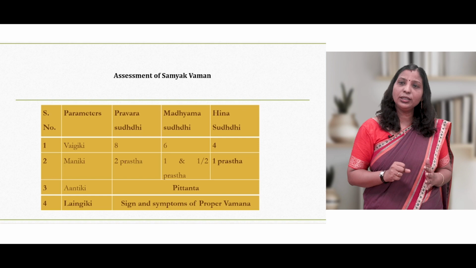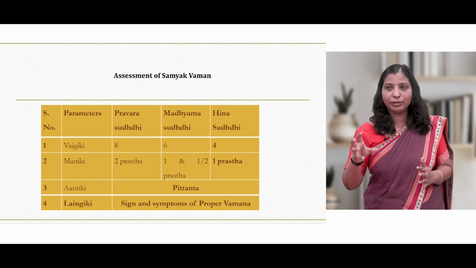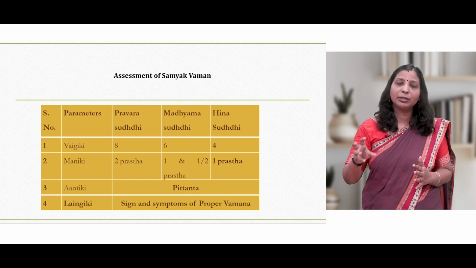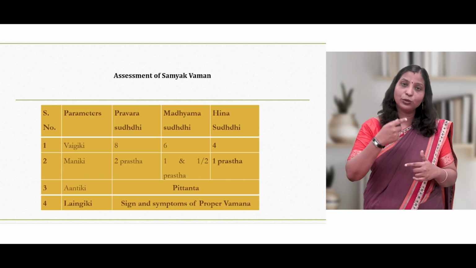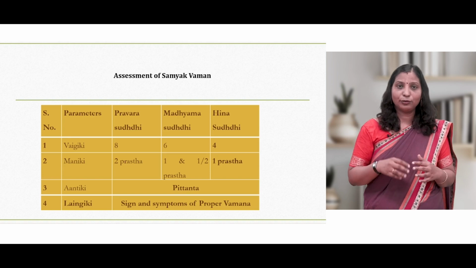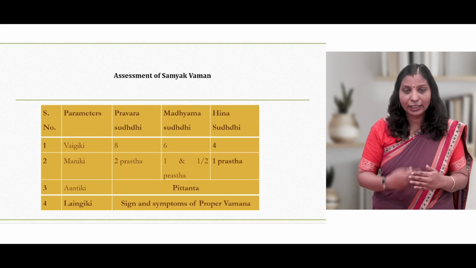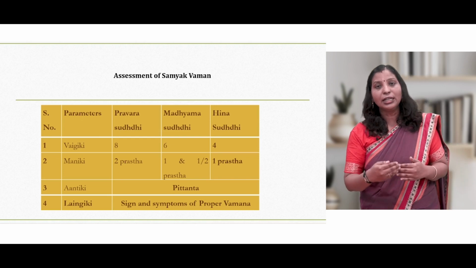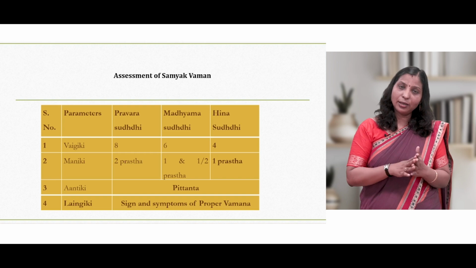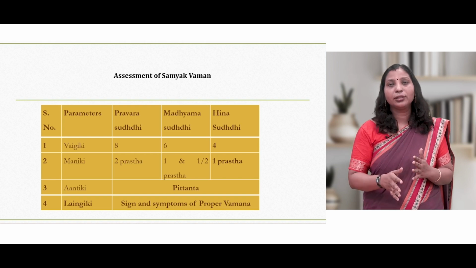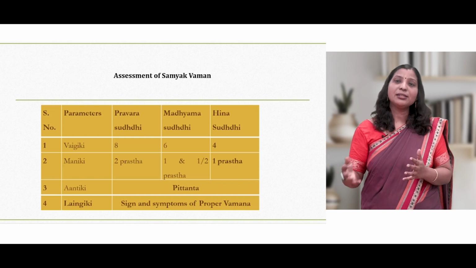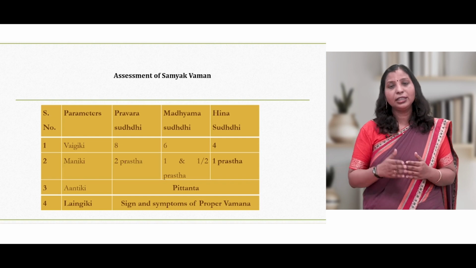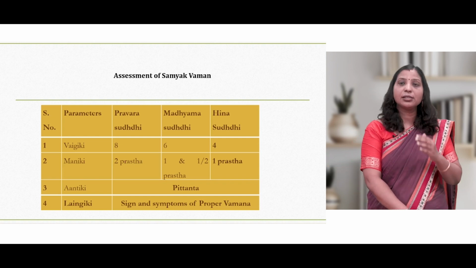Then Maniki Shuddhi, it should be 2 Prastha in Pravara Shuddhi, 1.5 Prastha in Madhyama Shuddhi and 1 Prastha in Hina Shuddhi. Of course, after subtracting whatever liquid we give inside the patient during Vamana, what remains, that is the Maniki Shuddhi. Antiki, of course, is when the Pitta comes, that is the proper